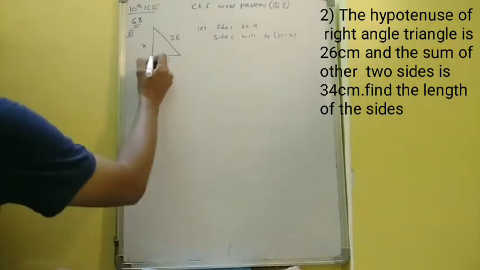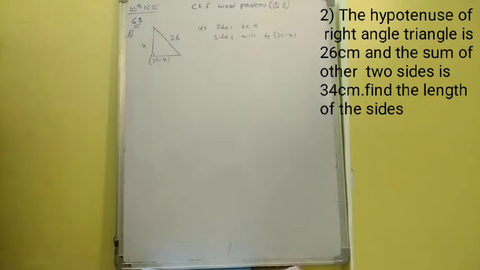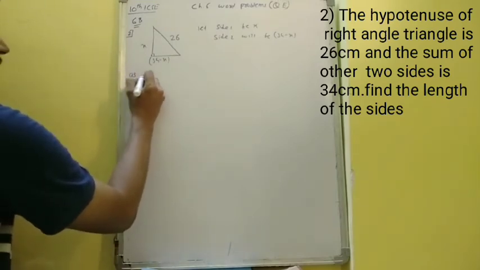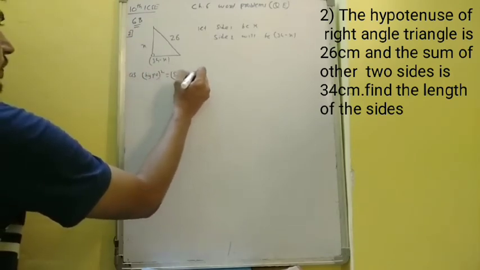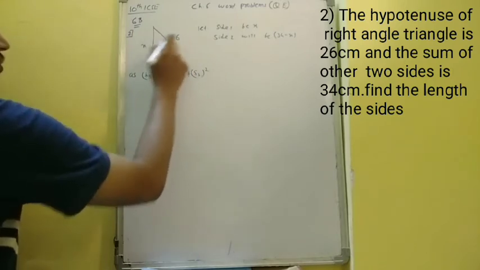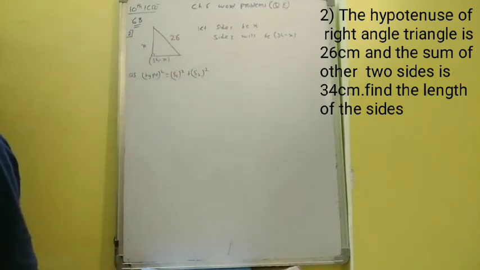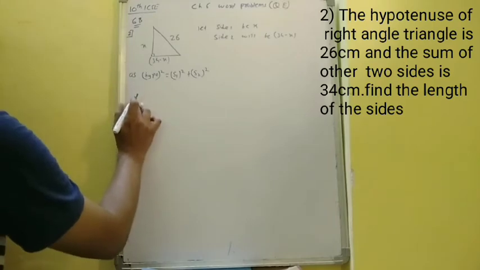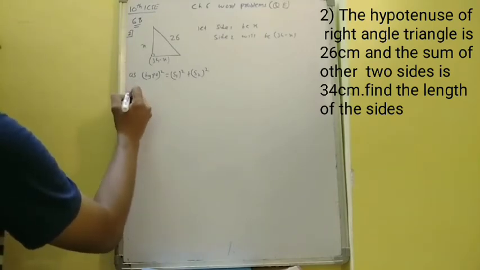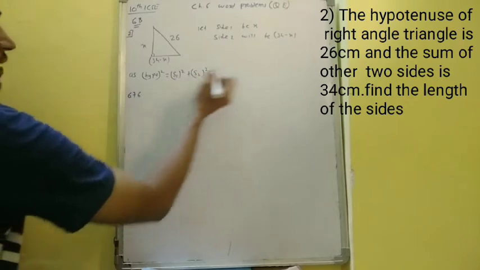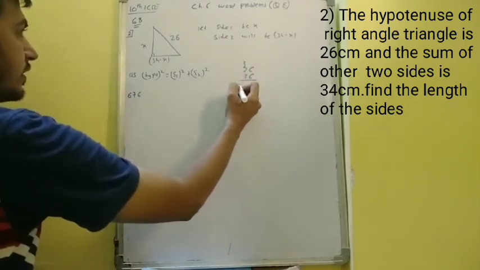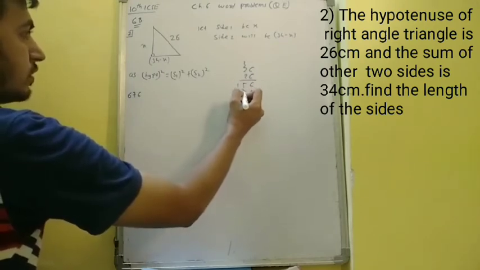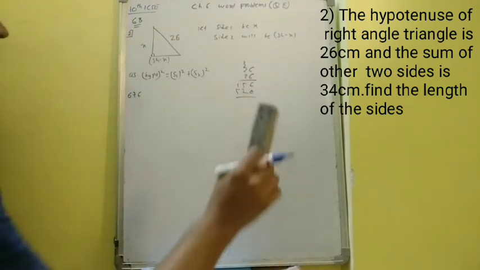Okay, so again this is a right angle triangle. We can directly use the Pythagoras theorem, as hypotenuse square is equal to side 1 square plus side 2 square. Hypotenuse is 26 and 26 square is 676. Okay, I'll just cross check it. 6 6s are 36, 3 12, 13, 15, 52. So it is 676.